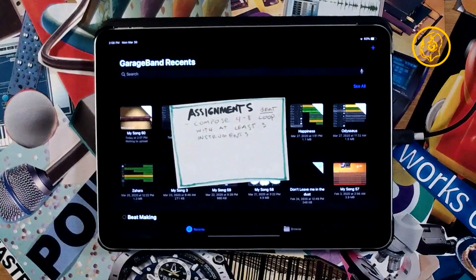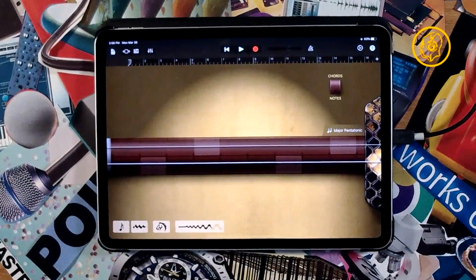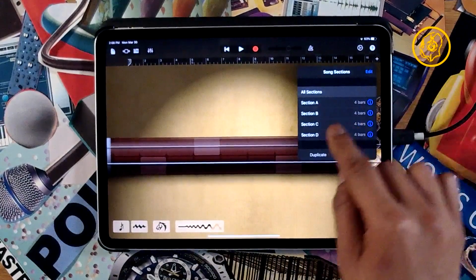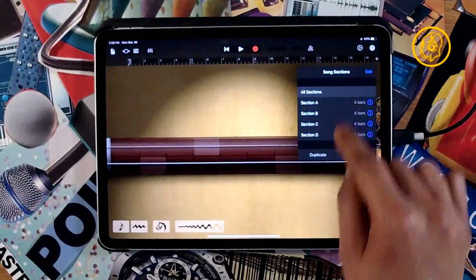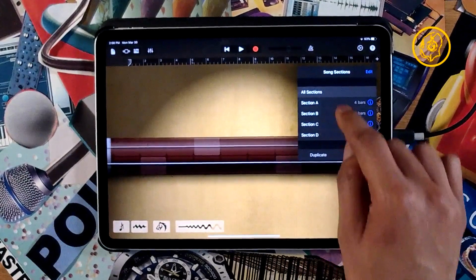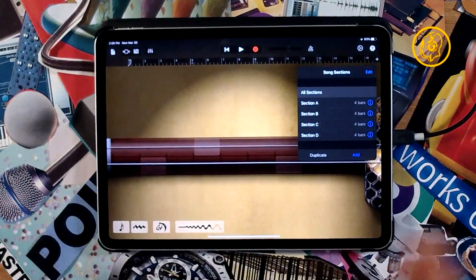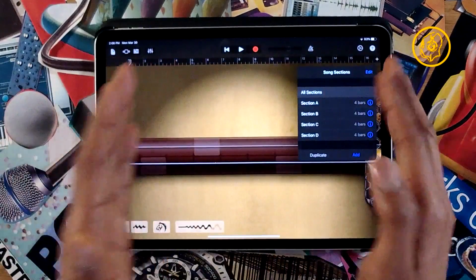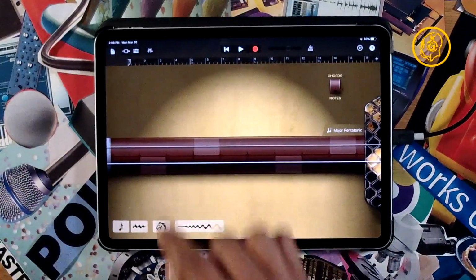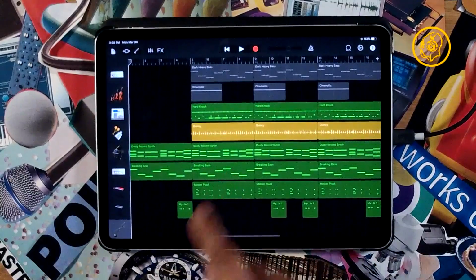So 2 different sections of 4 bars. Like for instance, remember we got to our arrangement, we got 4 sections here, A, B, C, D. I want you to make at least 2 sections where different things happen in combination, so you can transition from one thing to the next, as illustrated right here, right?